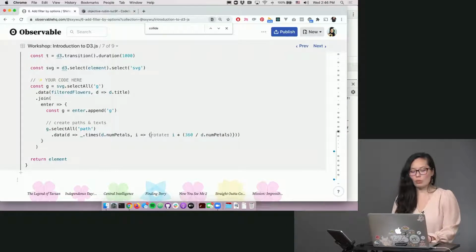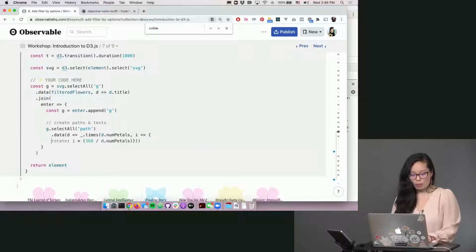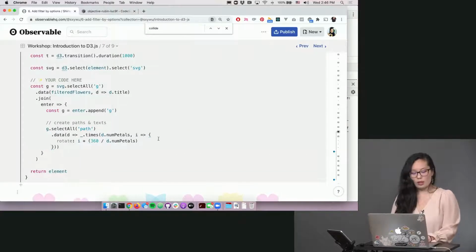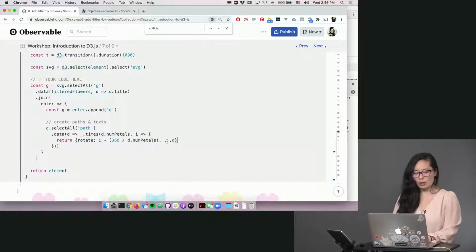And oh yeah, wait, actually, so we want to let's do this, and let's close. Oh wait, no, that's correct. Return rotate, and we use the spreader D, and that should hopefully get us the